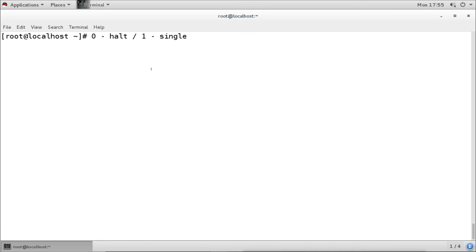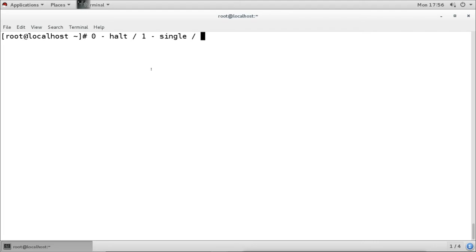Remember, Linux is multi-user, but in run level 1 only a single user can log in, and single user means only root. And the interesting thing is, till RHEL 6, that single user in run level 1 can log in without asking for any password. That means if your system goes into single user mode, it will not ask for the password, and you can log in with the root account without any password.